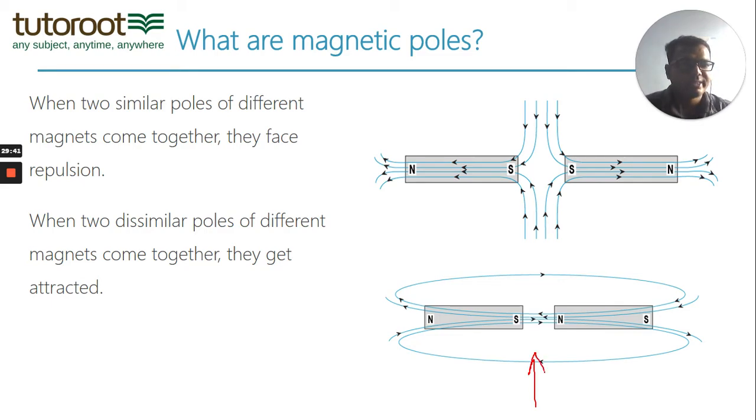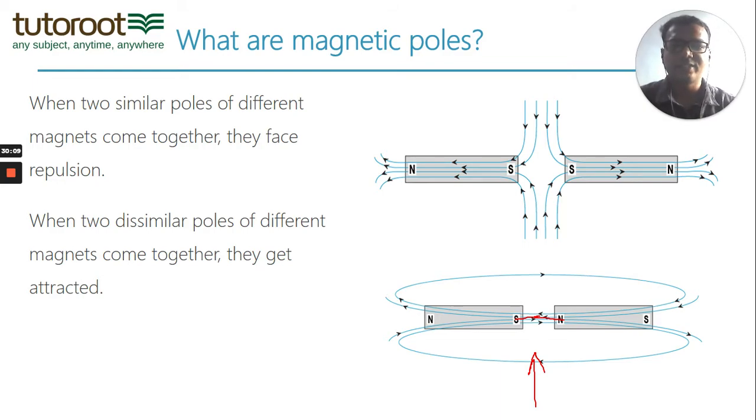But here there is some kind of a coexistence, where lines coming out of the north pole are getting into the south pole of the other magnet directly. So instead of going around the world and coming back to its own south pole, the magnetic field lines are coming out from the north pole of one magnet and directly going into the south pole of the other magnet. Because the magnetic field lines are very strongly intense inside, these magnets must be attracting each other. The forces are towards each other.